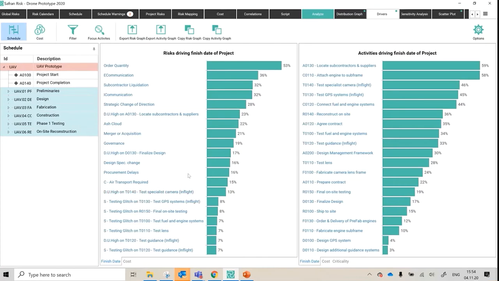And because we have it on the risk register, it means that on the risk tornado graph, I've now got my discrete risk events and things, but also DU high when mapped against activity, or pinpointed against locating subcontractors and suppliers like we observed previously on the risk mapping screen. This is actually within my top 6, certainly within my top 10 risks. Now that was not articulated as a risk, but the modelling has shown it to be a risk. So it's now something that I'm aware of that I wasn't aware of before,